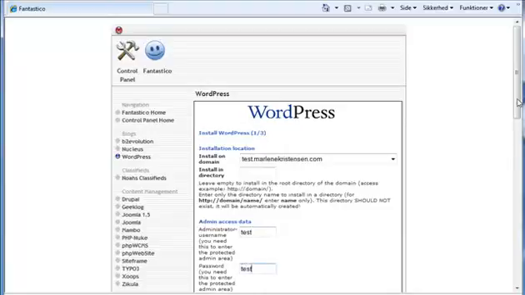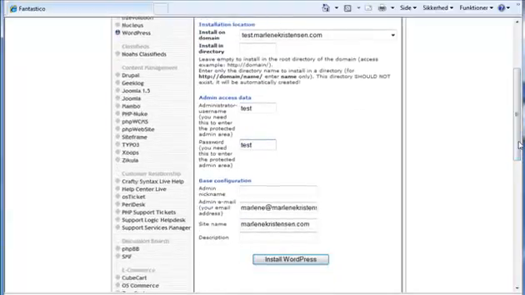We're just going to use test here. Actually, I recommend that if you have a niche domain that you're going to put up, you choose an administrator name that is related to that niche. It all helps in the SEO search engine ranking. And also for the admin nickname, you're going to choose a name that is related. Then you can put in a description if you want. You can change that later.